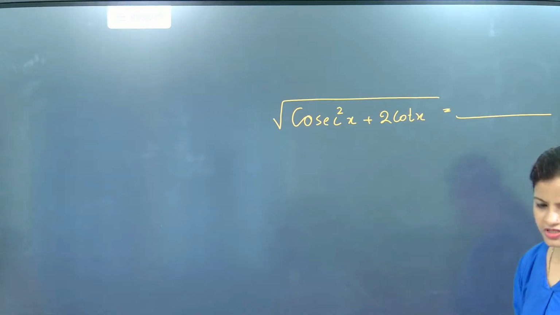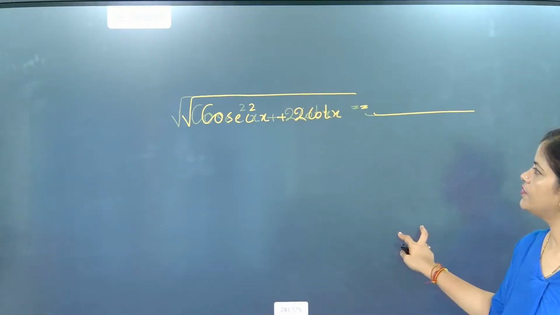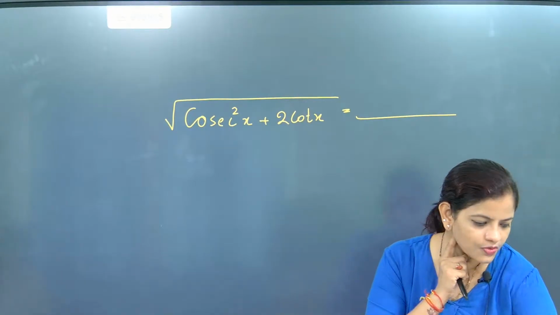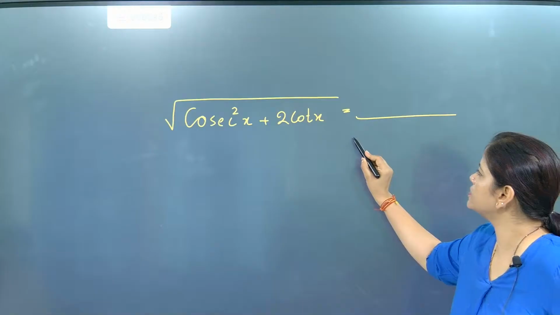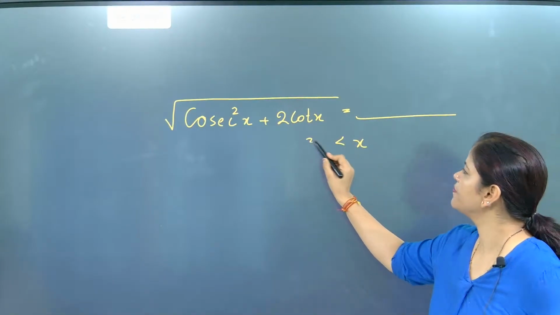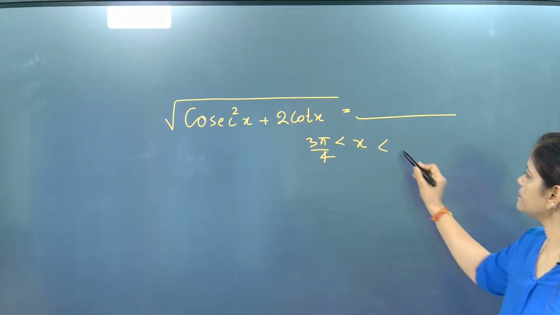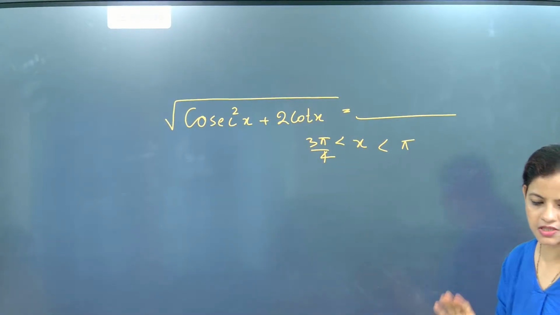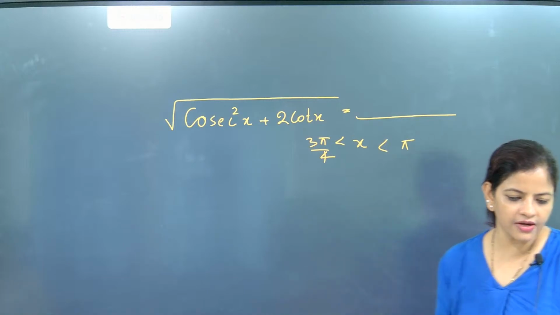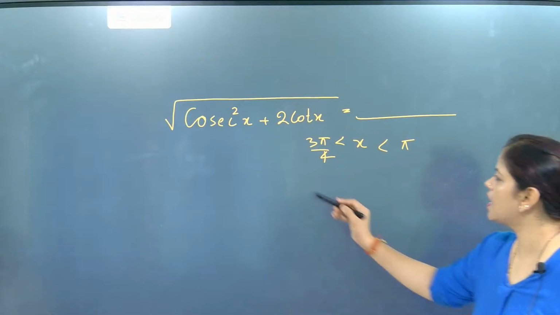And the major part here is, this is not the question which we are going to worry about. We are going to worry about the options, because here they have given that x value is lying between 3 pi by 4 to pi. This is exactly the limitation. And once this limitation is there, after that we are going to see the options. Are you ready for it? The options are